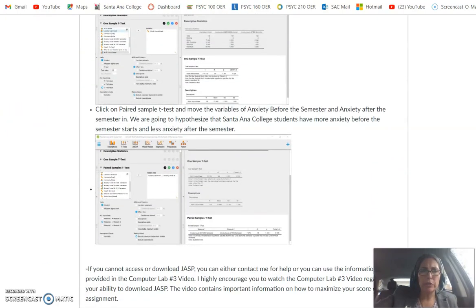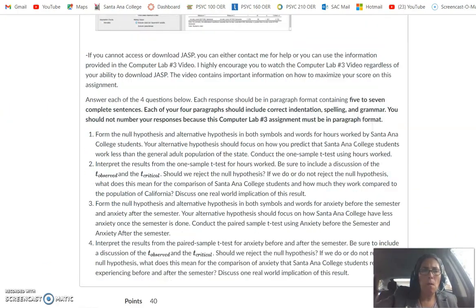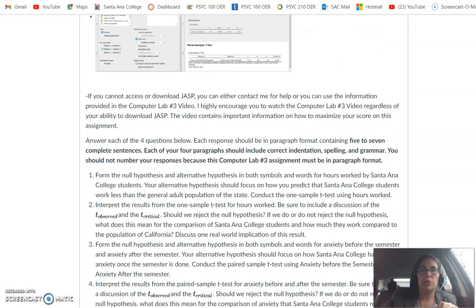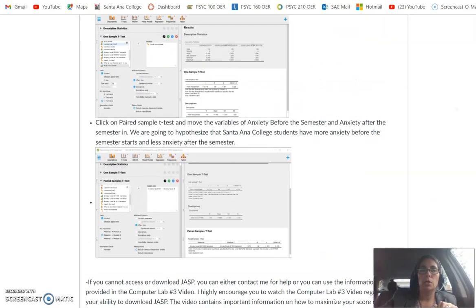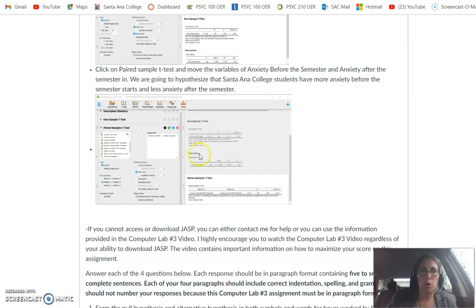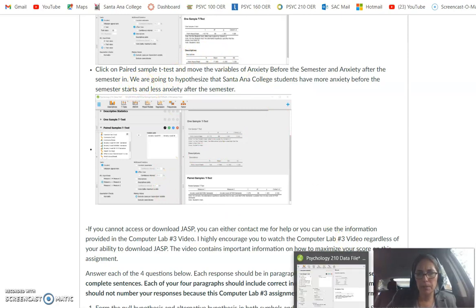Okay, so let's scroll down. Here you're going to see that the first two questions have to do with the one sample t-test, and questions 3 and 4 have to do with the repeated measures or paired t-test. Let's go ahead and go back in. Here's the instructions for the paired t-test. I'm going to jump back into JASP for a moment, and